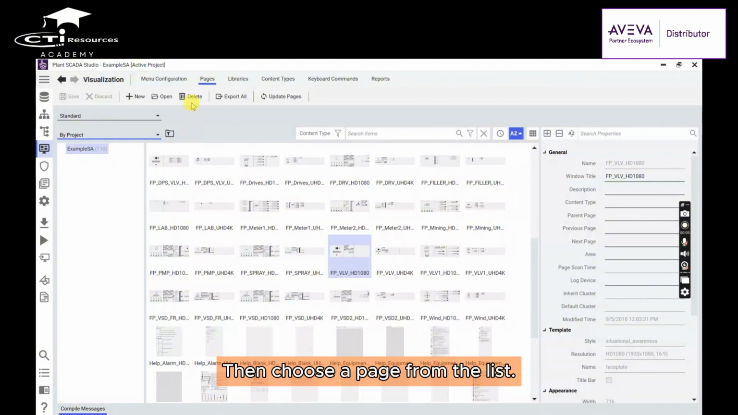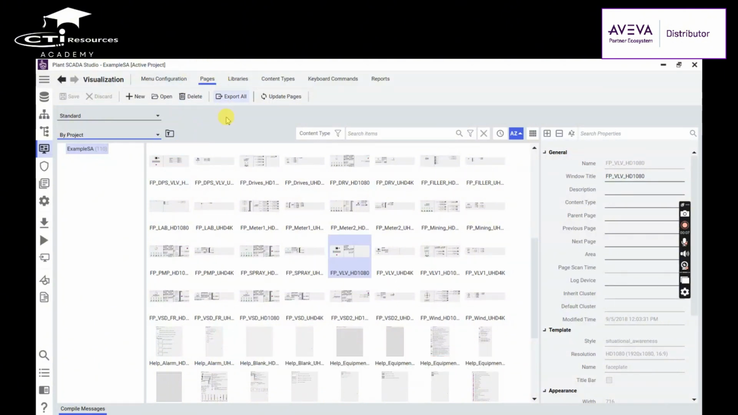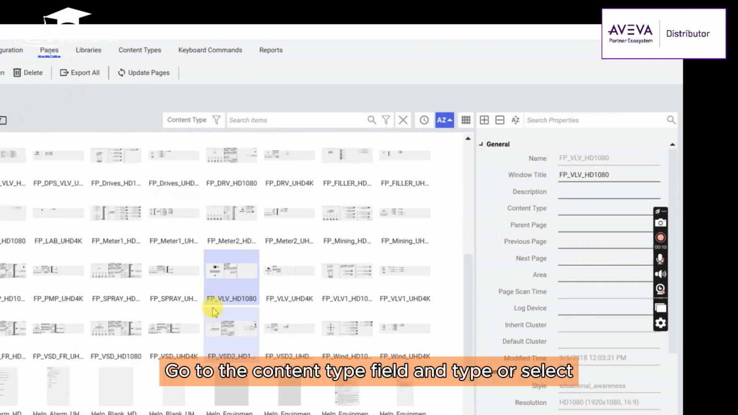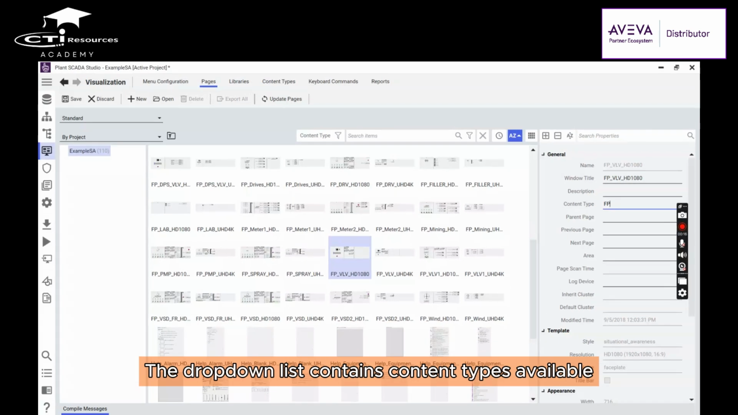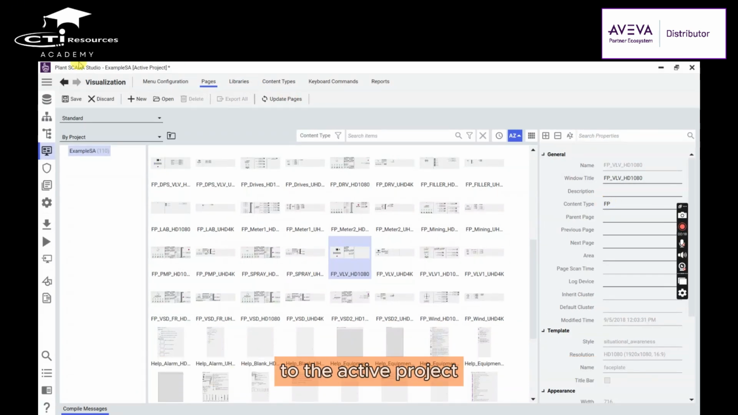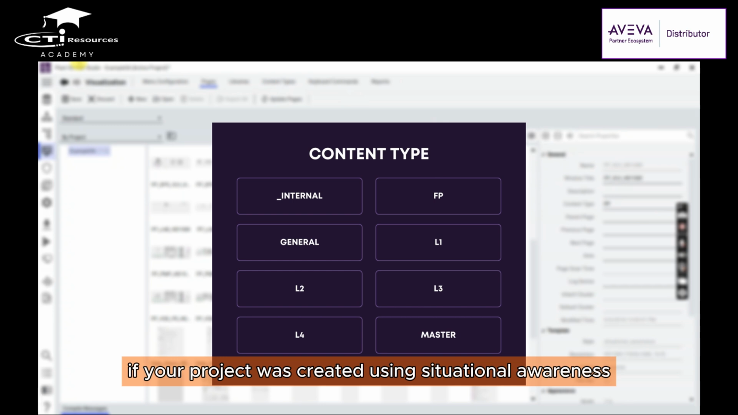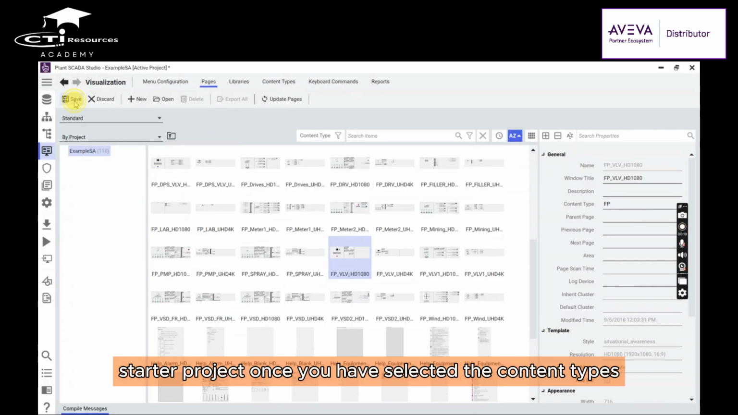Then, choose a page from the list. Go to the Content Type field and type or select a content type from the drop-down list. The drop-down list contains content types available to the active project. If your project was created using Situational Awareness Starter project, once you have selected the content type, you can save